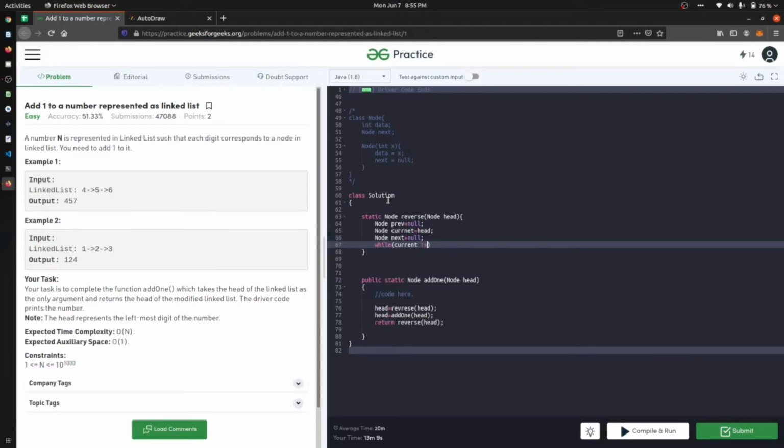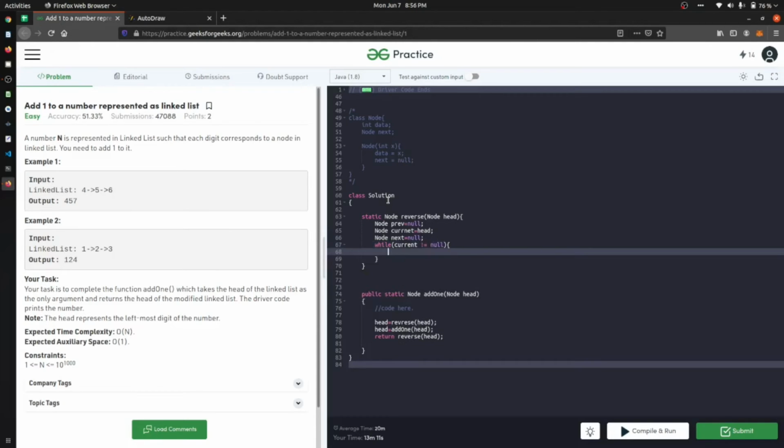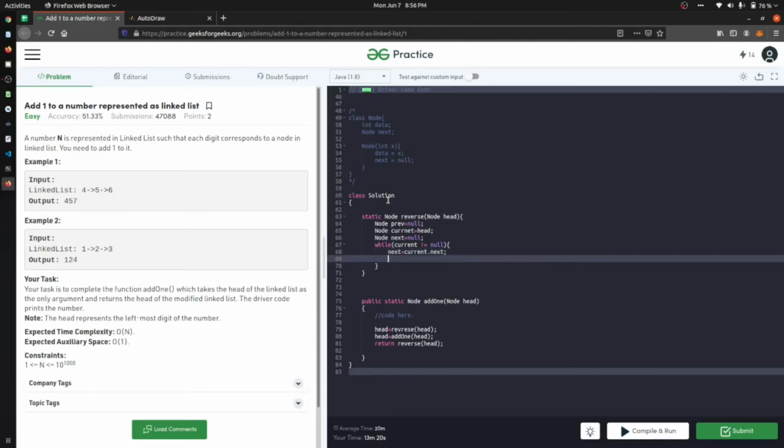Now while current is not equal to null, we'll say next is equal to current dot next. Then after that we will do current dot next is equal to previous.